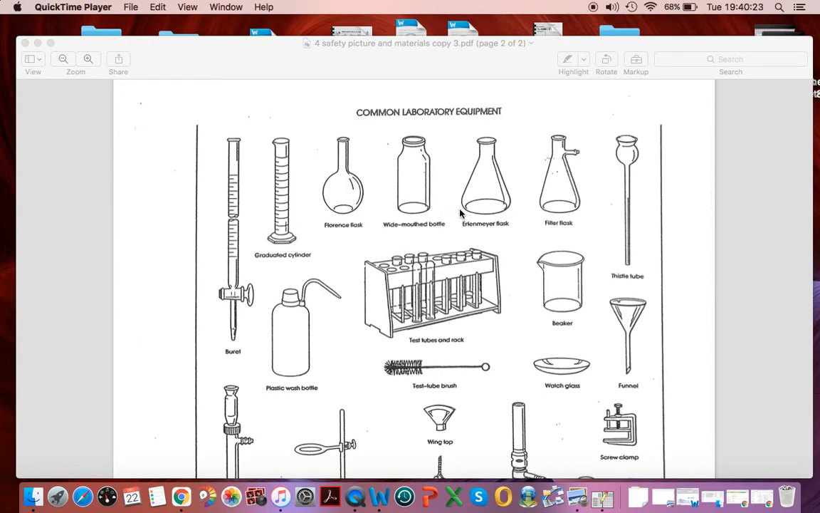Good day. These are diagrams of common laboratory equipment. As we use a piece of equipment, you should put a check mark by it because that's a good indicator of whether I'll be testing you on it. So things like a burette, I'm not likely to test you on that because that's not something we use until